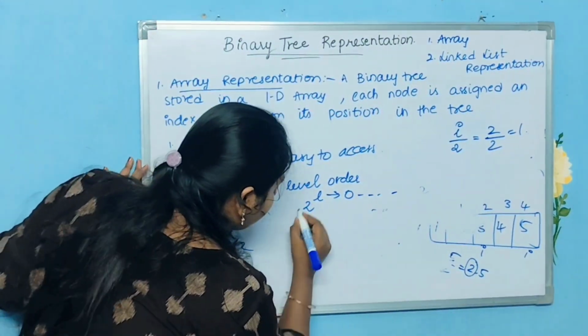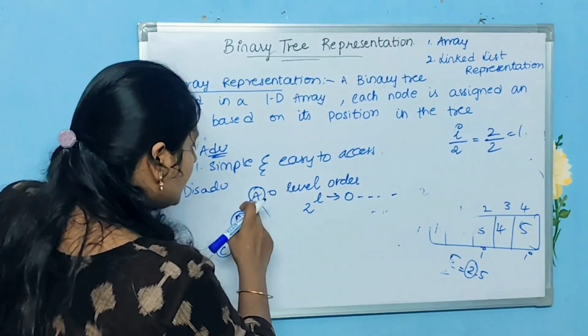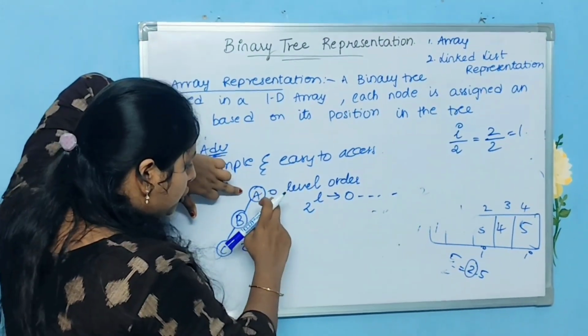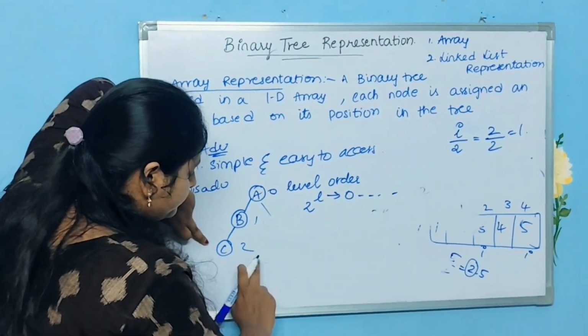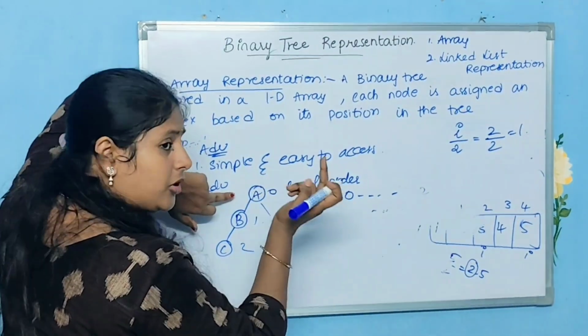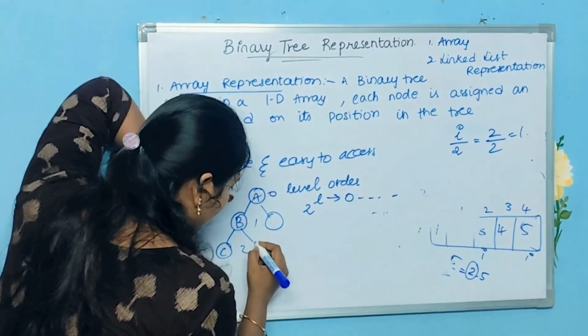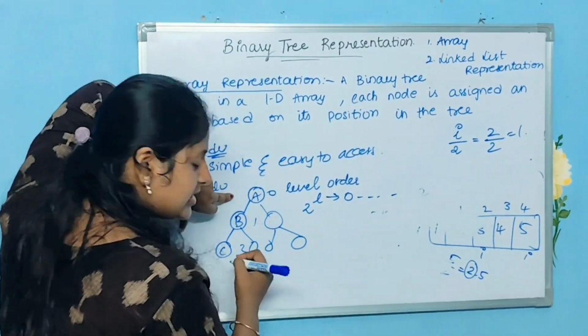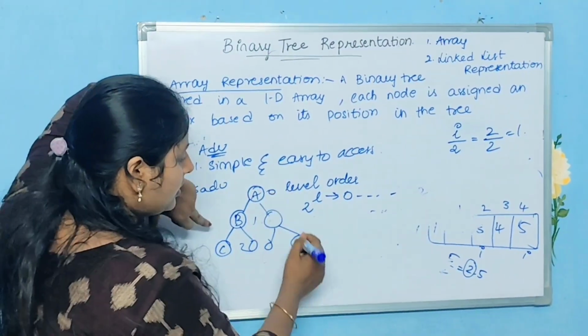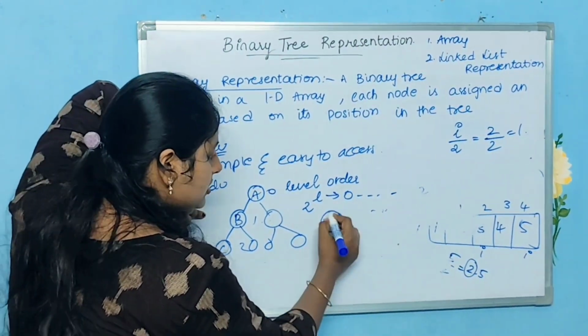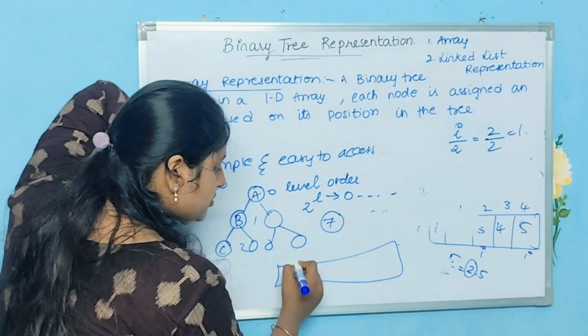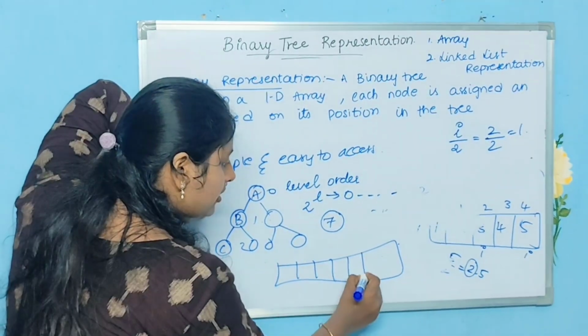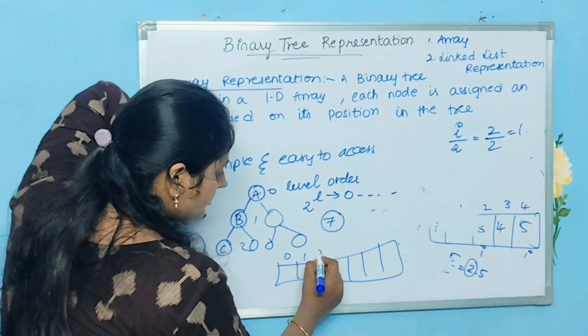So while I am creating memory, I will directly consider 2 power how much? I will consider memory for all these elements. So this memory is considered, these are also considered, right? How many nodes are there over here? Total 7 nodes are there. So space is allocated for all the 7 elements,